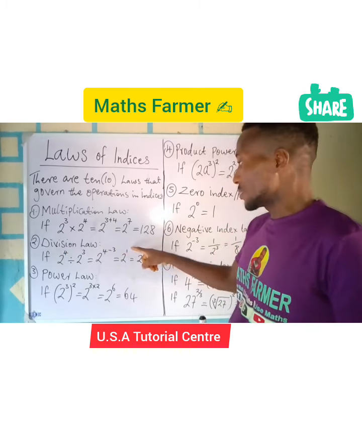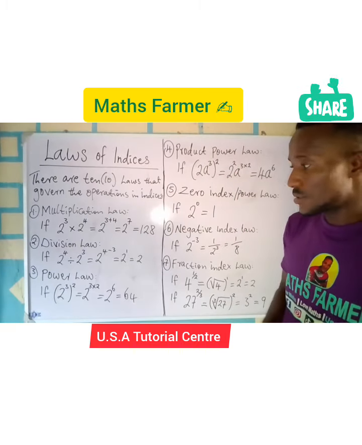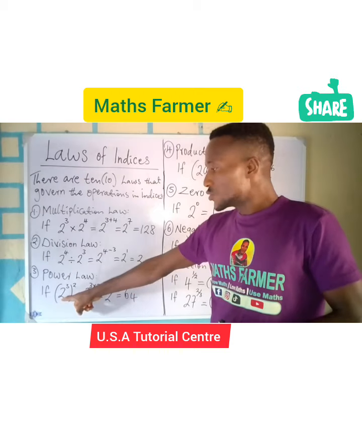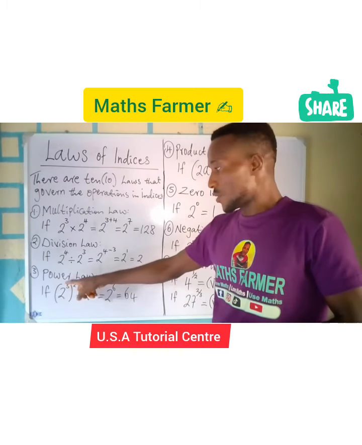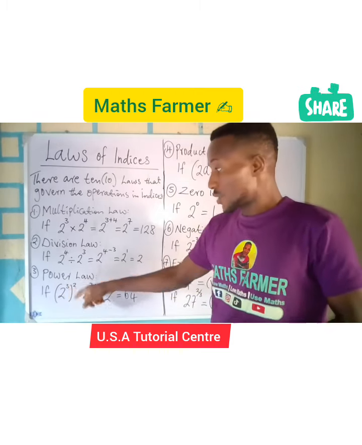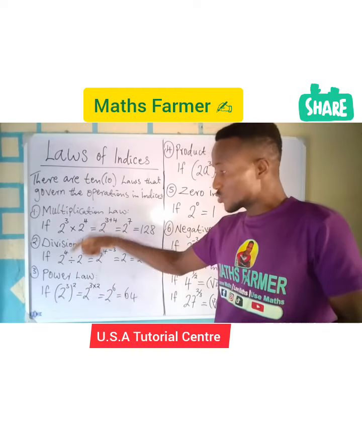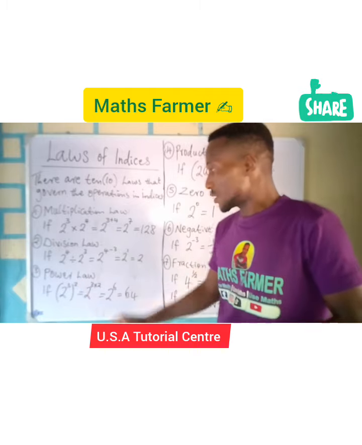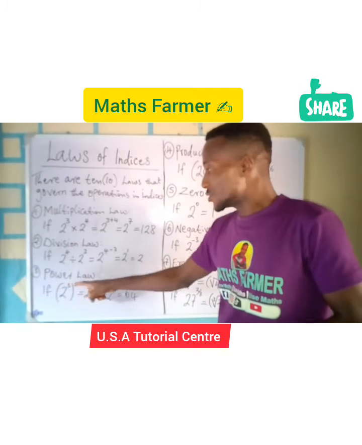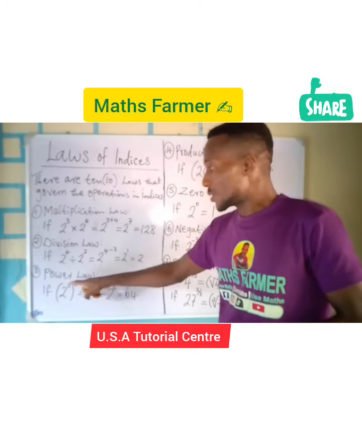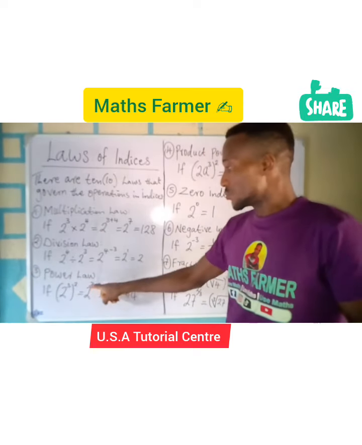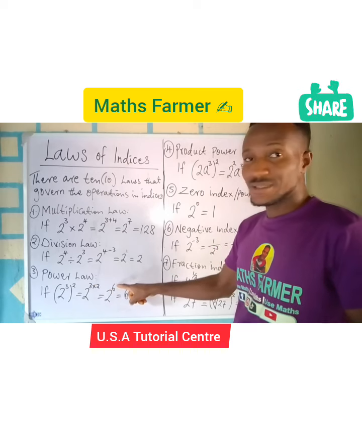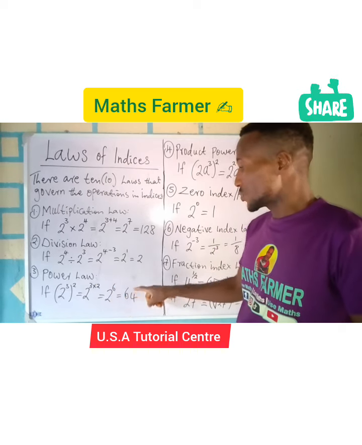In the third one here, the power law, we have this expression: open bracket, 2 raised to power 3, close bracket, all raised to power 2. When we have such an expression with two powers, it is the same thing as multiplying the two indices. 2 raised to power 3 times 2, which is 3 times 2, gives us 6, and 2 raised to power 6 gives us